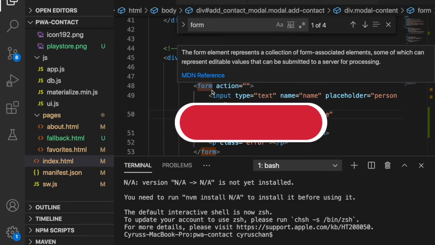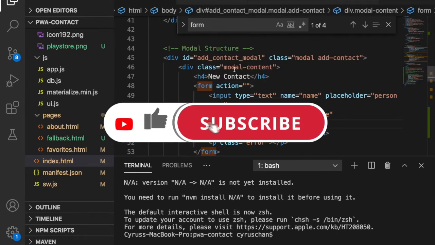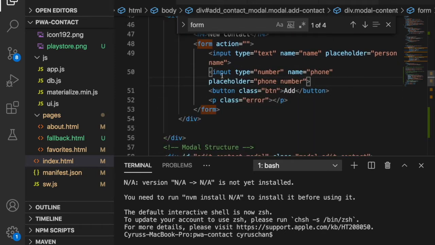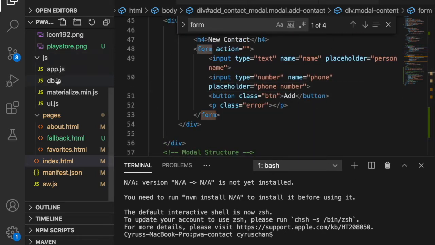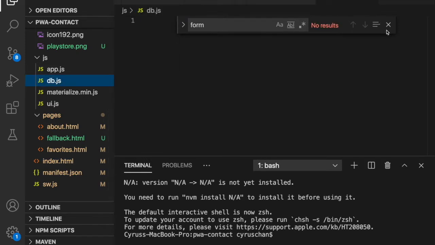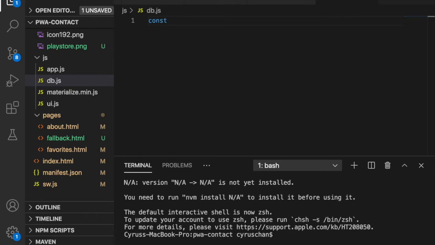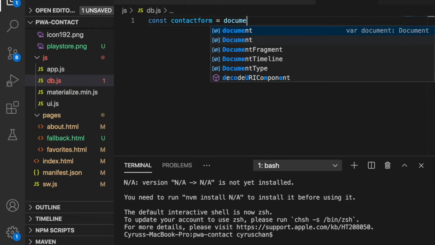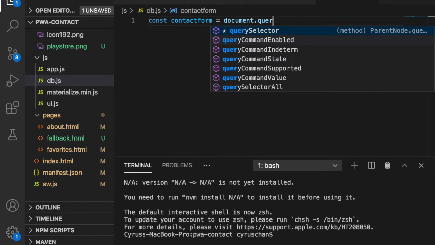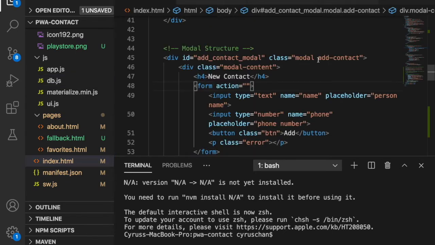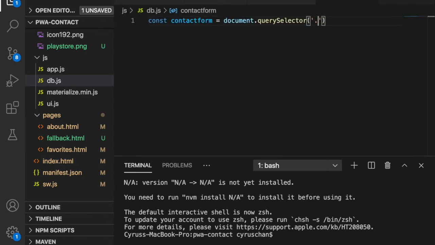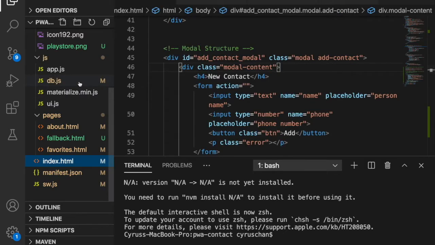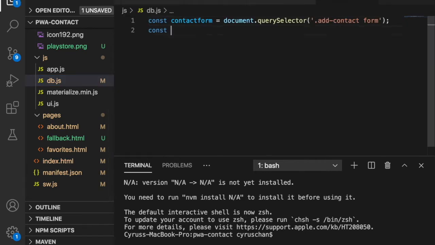What we need to do now is to get the reference to these modals and also the contact form. So we go to the db.js and we create a constant, and this is equal to document.querySelector, and the form is under the div of add contact, so we can use .add-contact form, and then we go to the db.js and we create a constant addContactModal is equal to